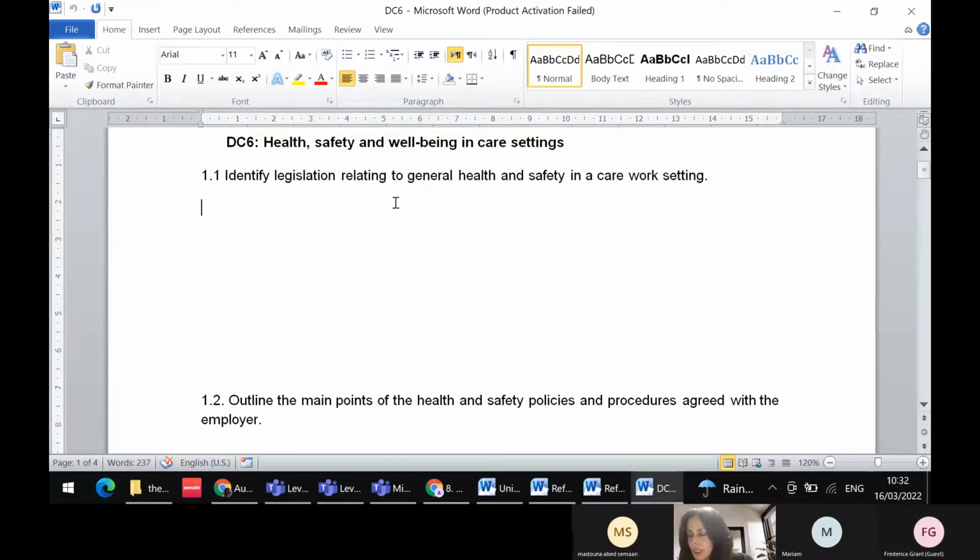So what if I was doing this course instead of you? What I would do, I would put bullet points for all these regulations and just put maybe 1-2 lines to explain what I understood about this legislation. Okay. Yeah. Not too much. I just need everything, all these legislations, just maybe 1-2 lines, just explain what it's all about.